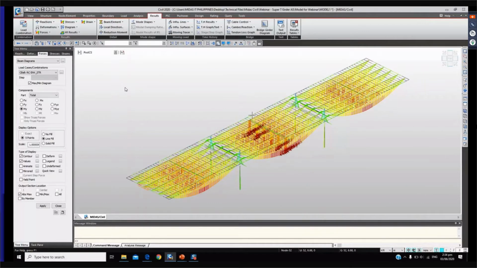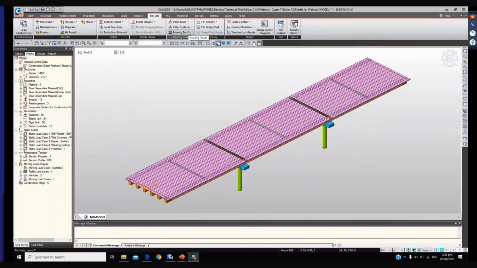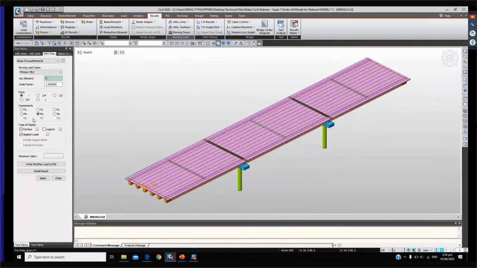And you can also see the loads, moving for the moving loads, that will produce either minimum or maximum in this particular key element for this particular case. So if you see the maximum, the critical moving load